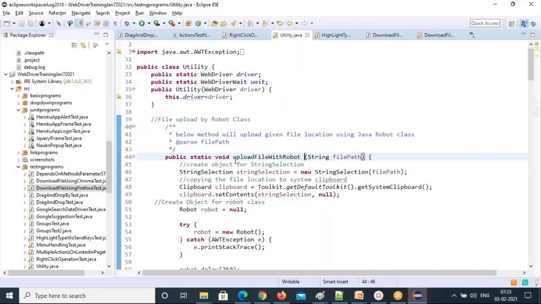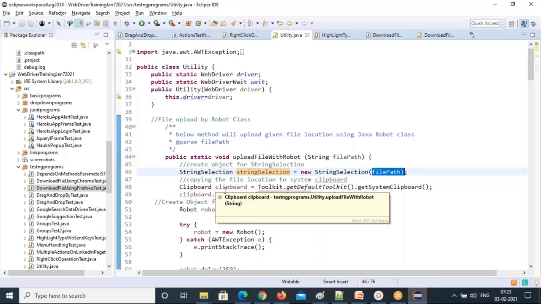How to upload a file with the robot class? String file path, you give, and StringSelection object equal to new StringSelection, and give the file path of the file you want to upload. Then you copy this file path to the system clipboard. How to copy?